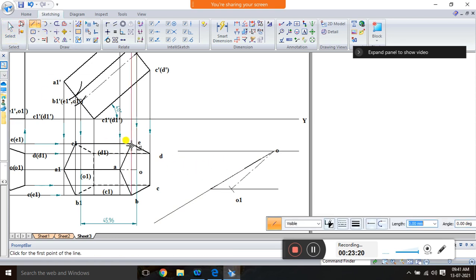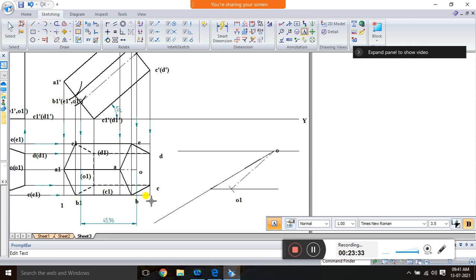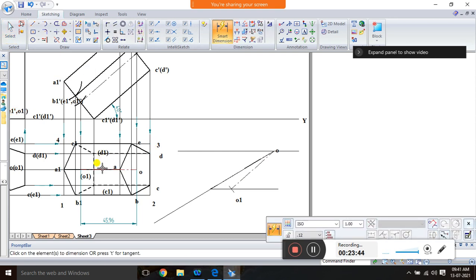So box means first you have to construct the box. Like this, construct the box, and if you want, you can give the box names. So this is 1, this is 2, this is 3, and this is 4. First you have to construct the box 1, 2, 3, 4 for this beta angle, by measuring this distance, from here to here the distance is 20.23.